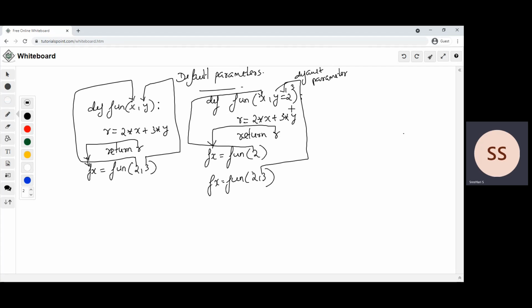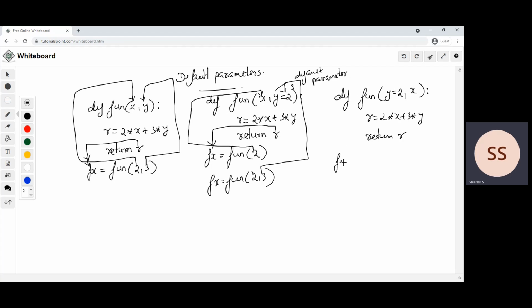And one more point here is, if I am defining the function here, def fun y is equal to 2 and x, this will give a confusion. What is the confusion? I am calculating r is equal to 2 into x plus 3 into y, and I am returning r.